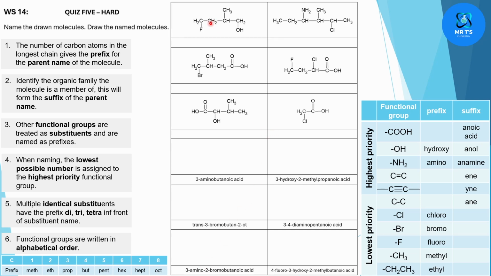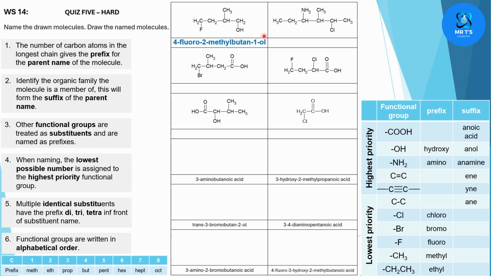Okay, so this first molecule here has 4 carbons in its longest chain. There are 3 substituents coming off: a fluorine group, a methyl group, and a hydroxy group. The hydroxy group, the alcohol group here, will change the suffix on the end of the name to -ol, and it's off the first carbon because it has the highest priority. So this is butan-1-ol. So we're going to name this 4-fluoro,